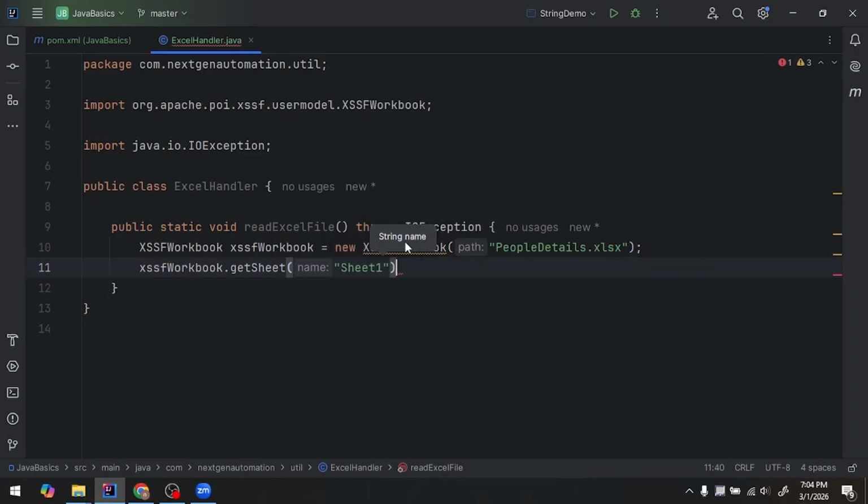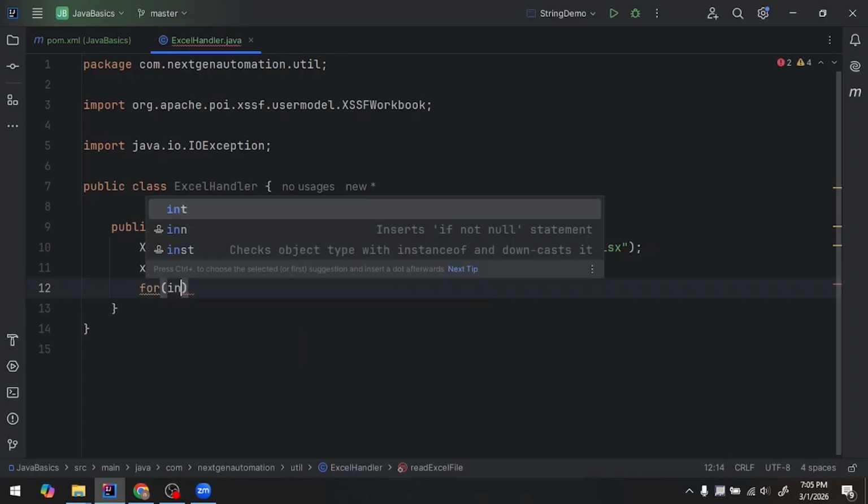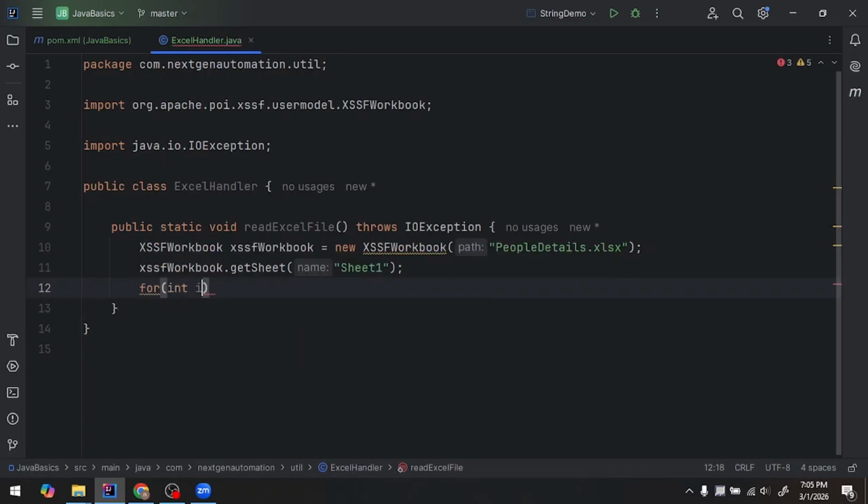Sheet 1, right? No spaces, right? Okay. So what we need to do next is read it row by row, right? So what we can do is go with a for loop, like for int i is equal 0, i less than